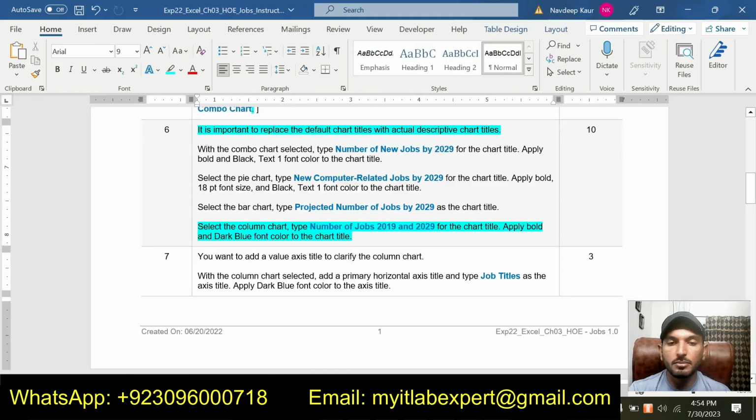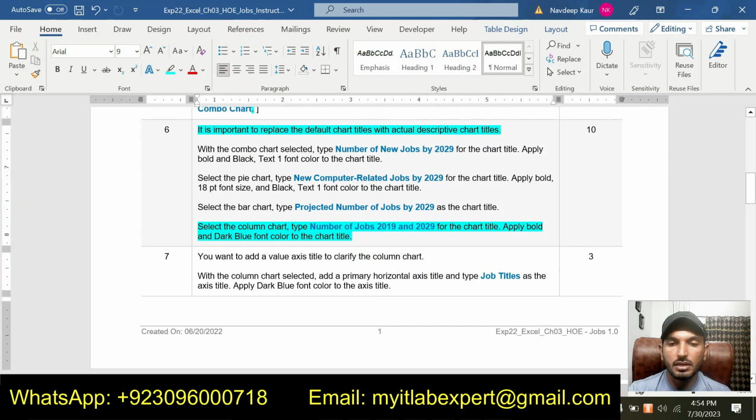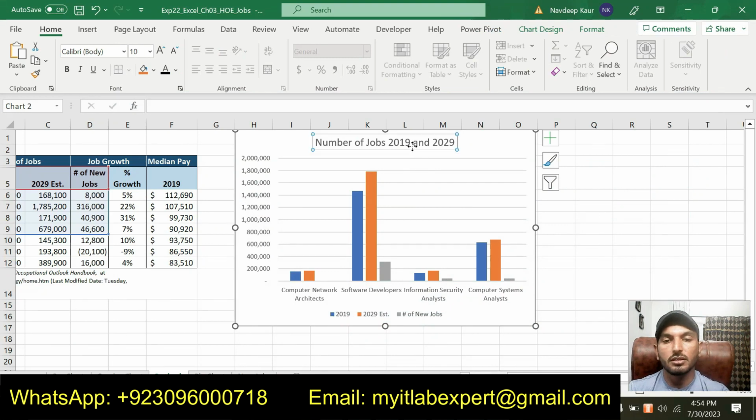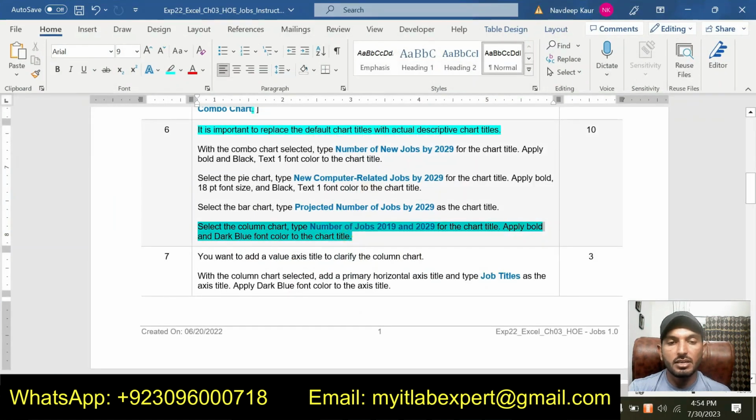And we are supposed to type number of jobs 2019 and 2029. And we are supposed to apply bold and dark blue font color to the chart. So I will bold this one and dark blue font color to this one. So that is all required for step number 6.